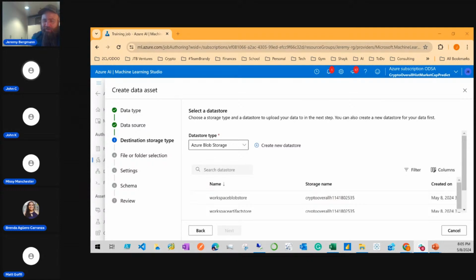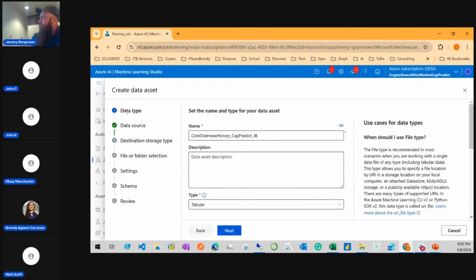And so can you go back to your data source, your step 2? Yep. Okay. So I went here and I went to Azure ML after you create that resource. I gave it this name. You can name that whatever you want. Then you had a destination story. It's type tabular that we're going to import. Let me know if you can't find this part because I think I might be skipping a step here,